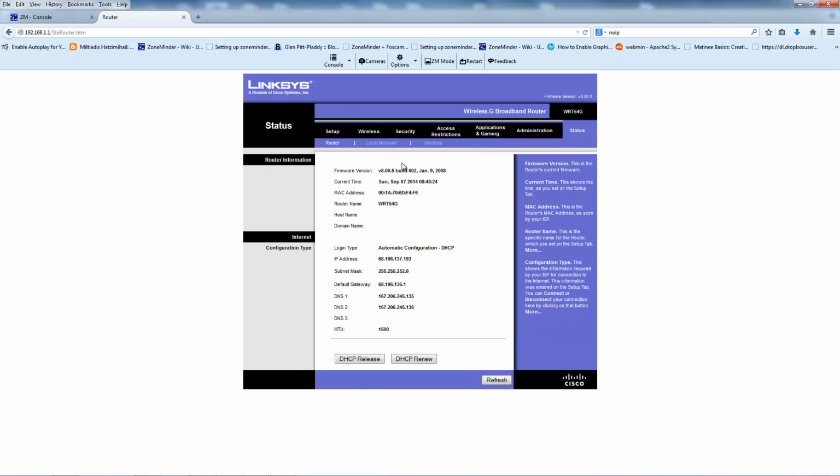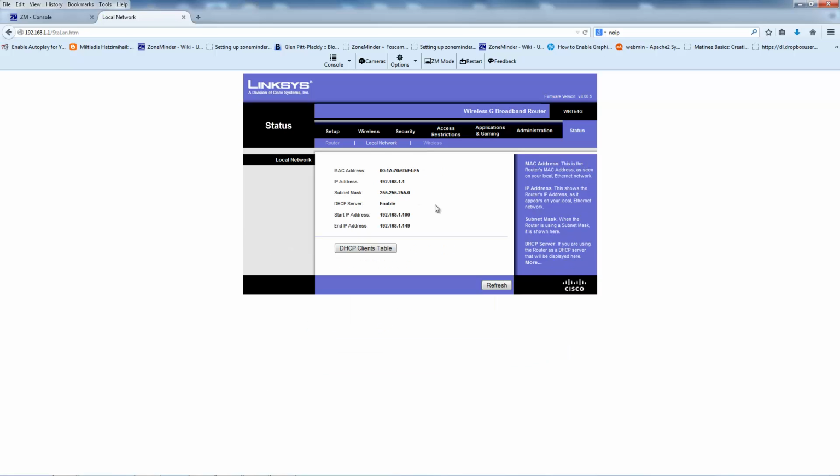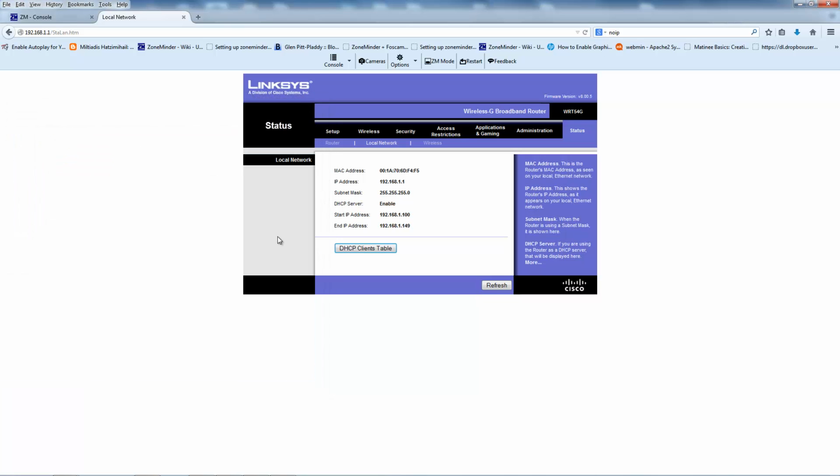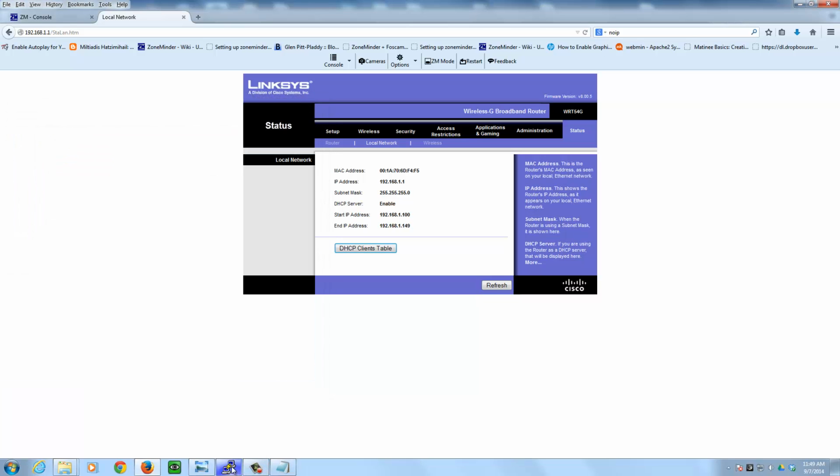You go into local network and find your table. Now I got my table here, and I found out where my Zoneminder is. Here's my Zoneminder, and I found the IP address, although it's 109 right now. But you grab the IP address after you find out what IP address you have, and then you go into